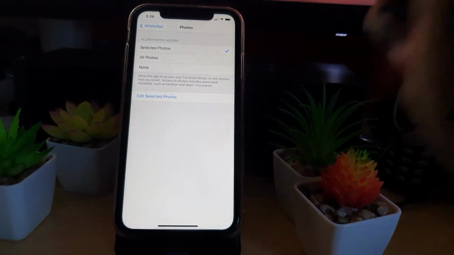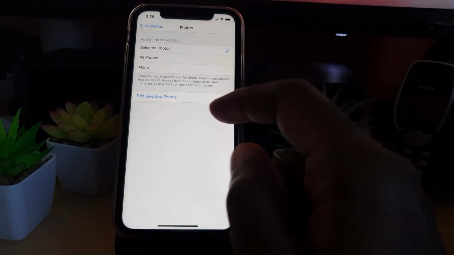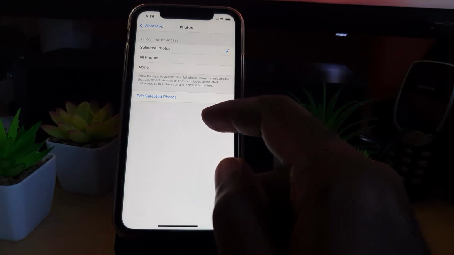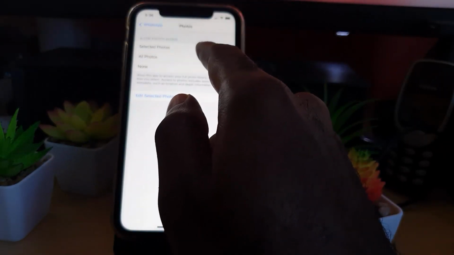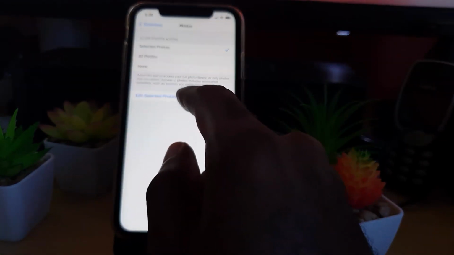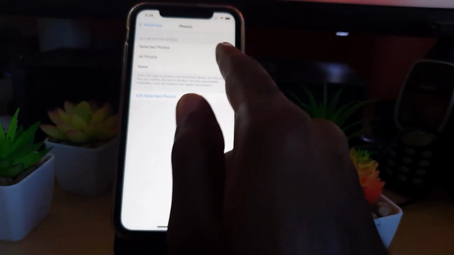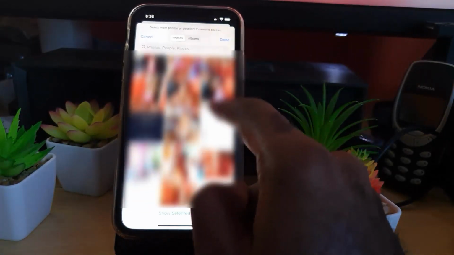Now, of course, here's the issue, guys. And this is a new issue as of iOS 14. The reason why yours is most likely on selected photos, and the reason why you're only seeing a limited amount of photos, is because of the new feature. It only allows you to see what you choose. So each time you'd have to come in here if you're going to continue to select photos and hit edit selected photos, and to add something new to the photos list, like for example,